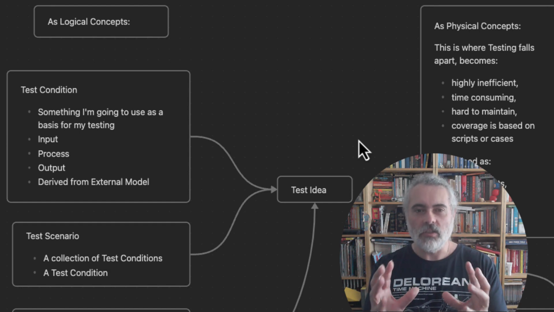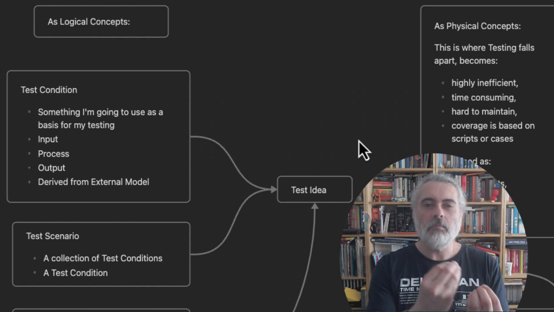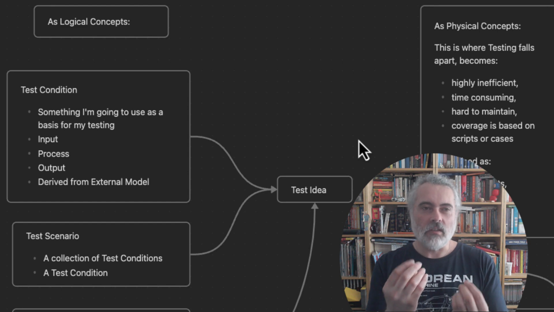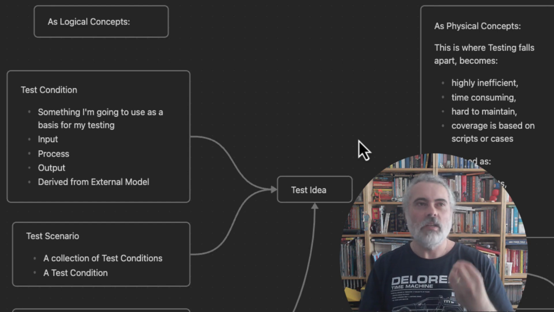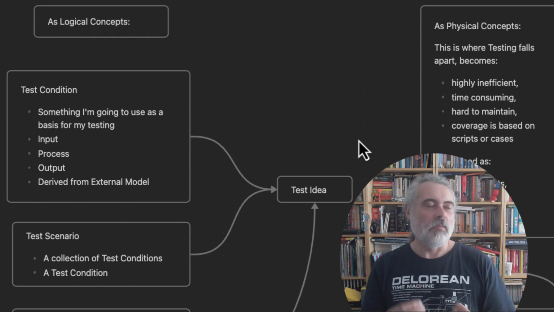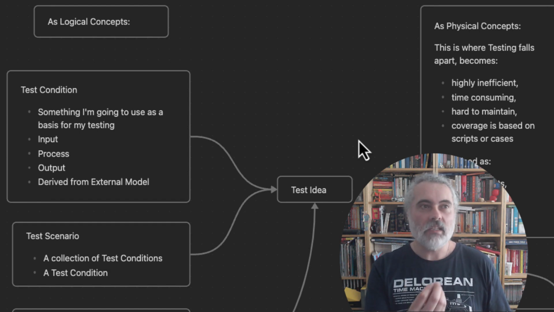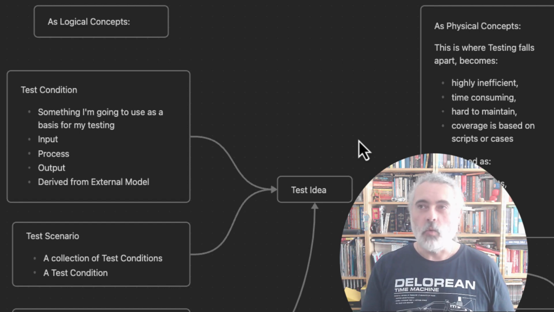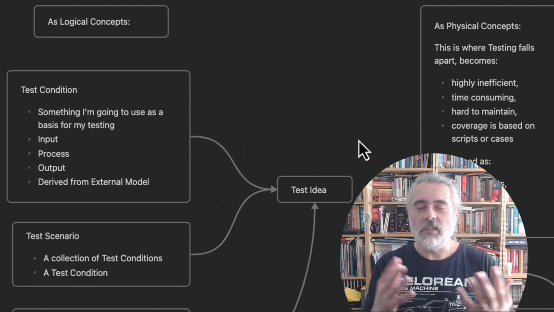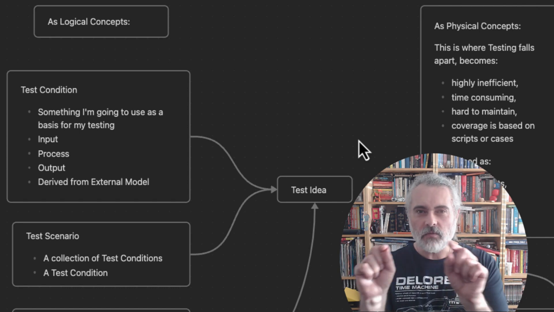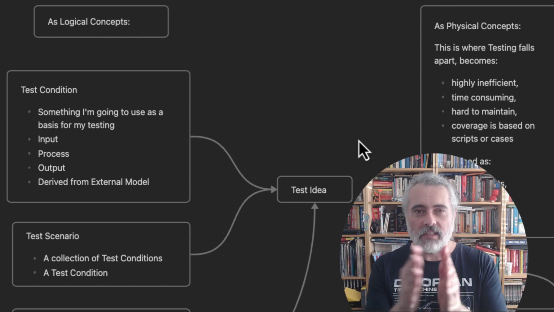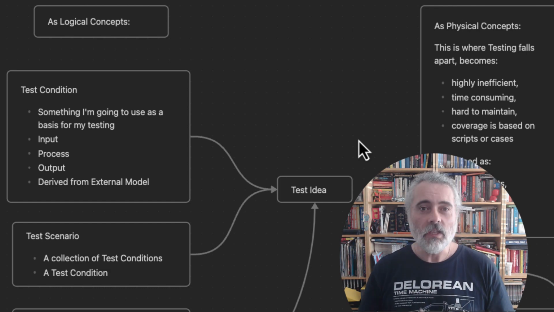Right, so a test condition is something that I'm going to use as a basis for my testing. It often maps onto either an input, username must be 10 characters in length, or username must not be greater than 10 characters. A process, we must be able to log into the system. The user must be able to rename their account name. Maps onto an output. When the user types in a username that's incorrect, they receive an error message of this format, where we then, when we're testing, have to check that it's that exact format. Or it might just say they receive an error message, in which case we know we have to